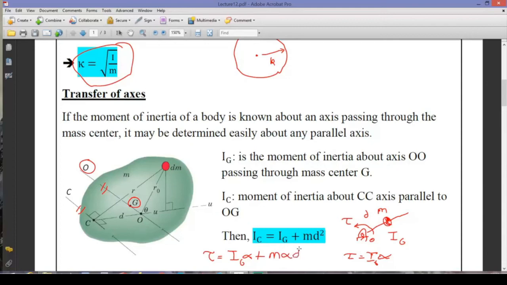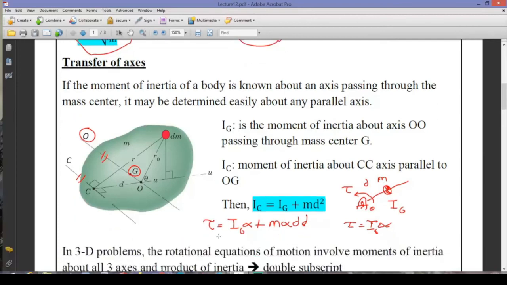alpha D is the MA, right? Alpha times D is the acceleration. If I multiply this one more time with D, then it becomes the moment due to the acceleration of this mass. This is the linear part, and this is about the rotation. So in total, actually, we have proved